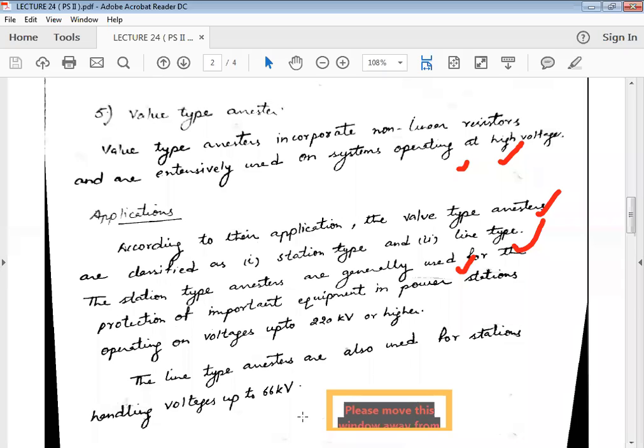They are of two types and operate on high voltages. A valve type arrestor basically consists of non-linear resistors connected in series with a series gap. These are of two types: station type and line type. Station type can be used for voltages up to 220 kV, whereas line type are used for voltages up to 66 kV. So let us look at this